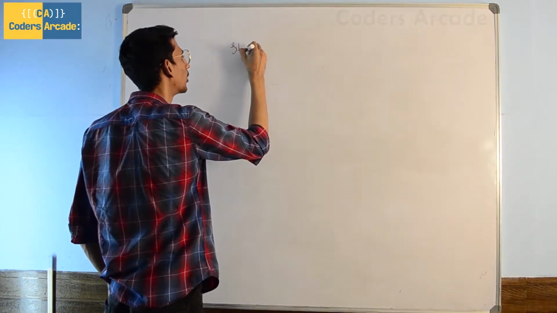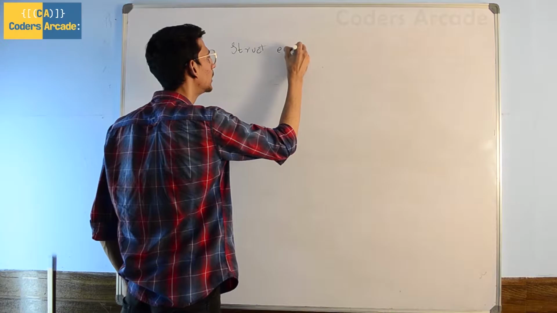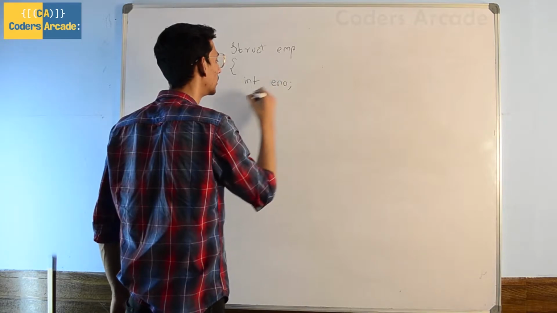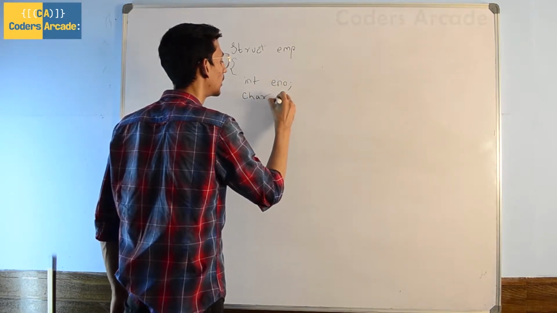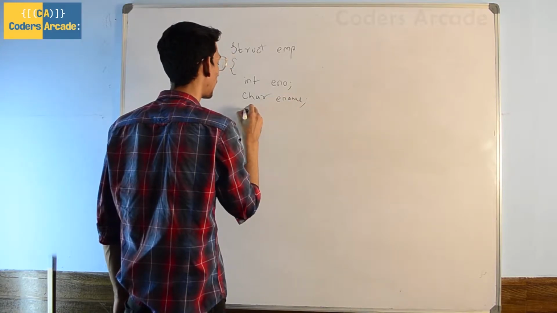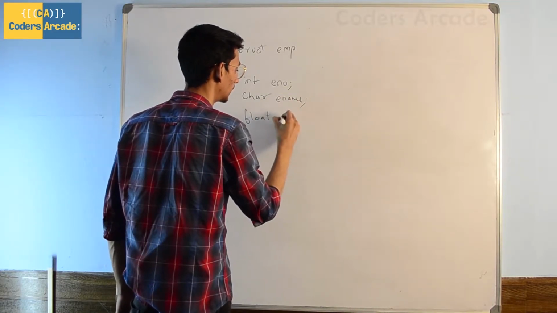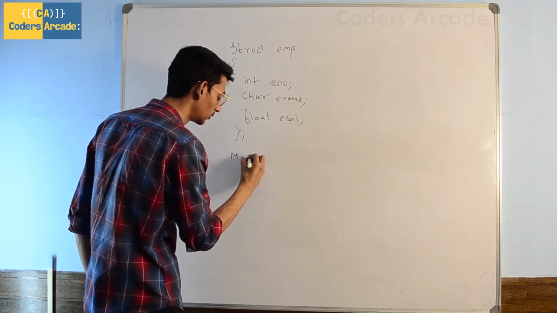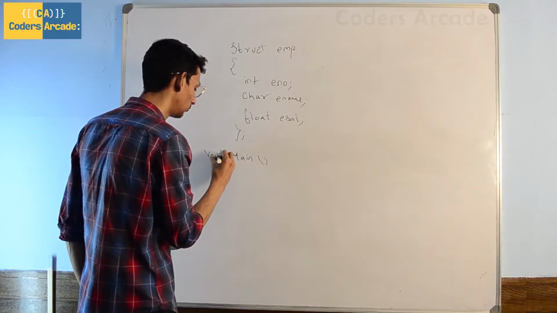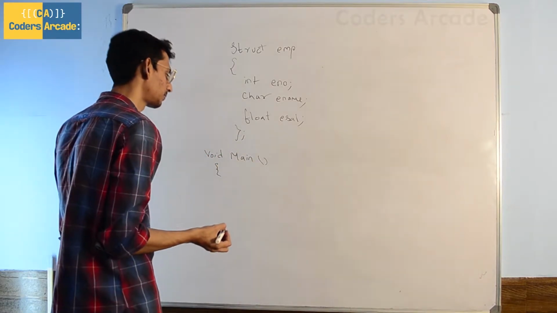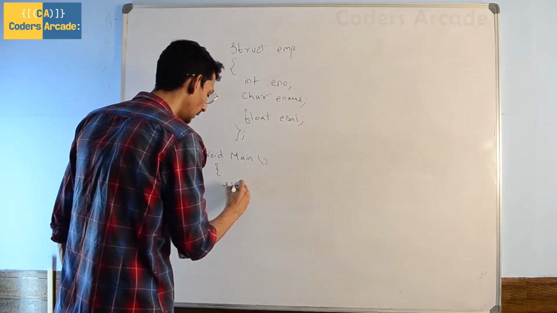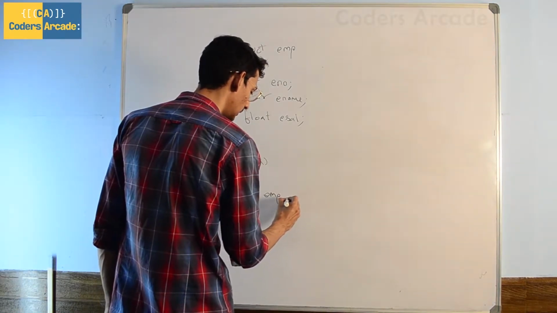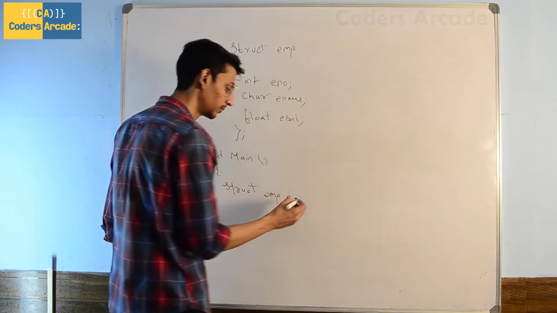We start by creating our structure, struct employee, int enumber, char ename, and float salary. Now inside our main function, void main, and to define our structure, struct emp e is equal to 1001